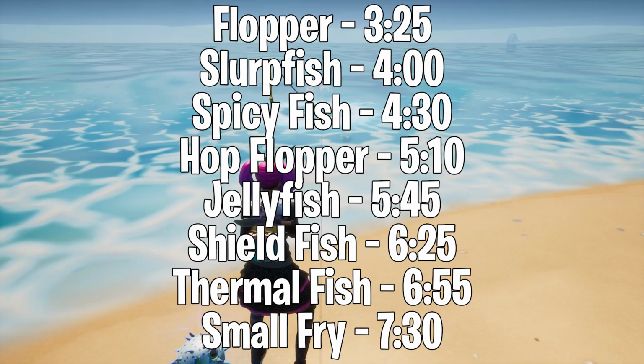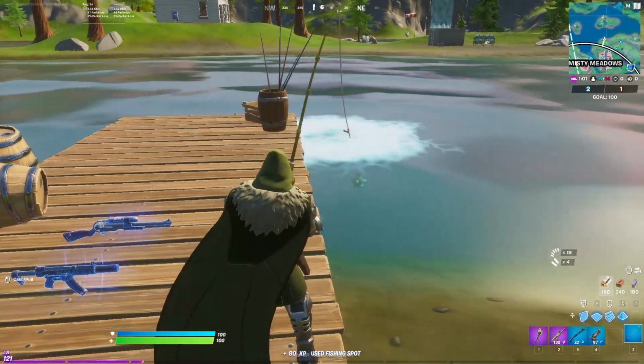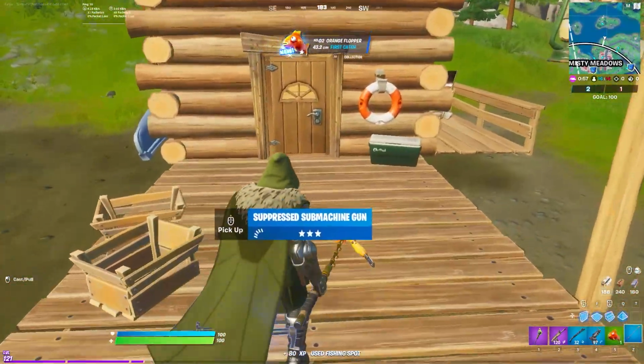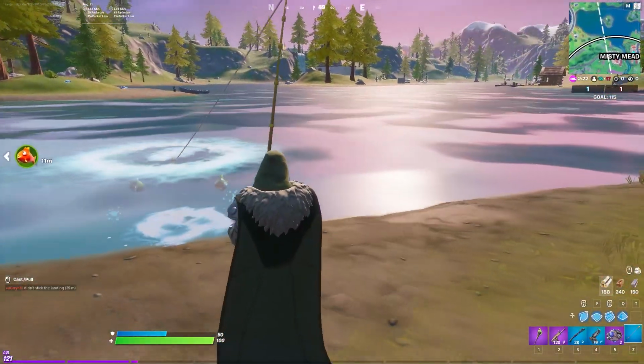Alrighty, now with the different types of fish, first off we have the flopper. Flopper is a very simple yet useful fish. It's the most common fish with the exception of small fries. It heals you for 50 HP instantly after 1 second of actually eating the fish. For this reason it's very useful and competitive, and players will frequently use floppers to tank damage from the storm